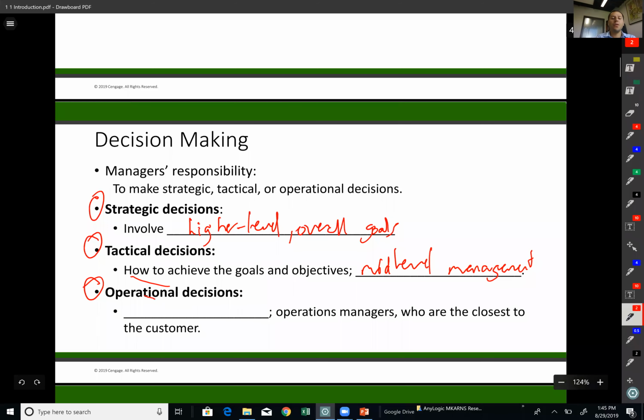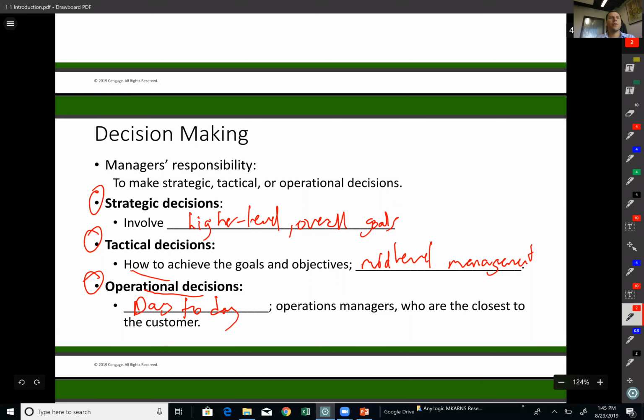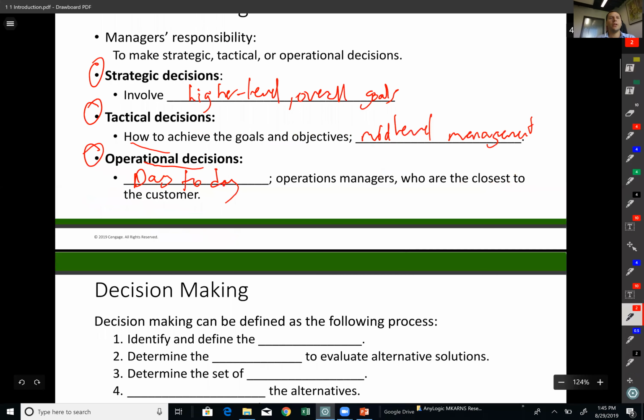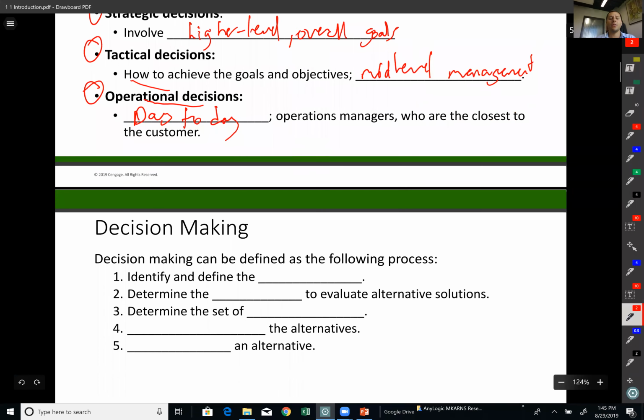And of course, you need to have some operational managers run the show and deal with day-to-day operations. Someone has to deal with that. So let's say if you are running a McDonald's store, you want to make sure that someone is dealing with scheduling and who's preparing what, when, and so on. Those are day-to-day operations that need to be dealt with.